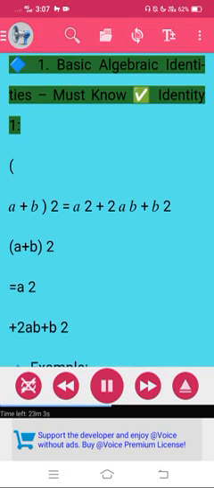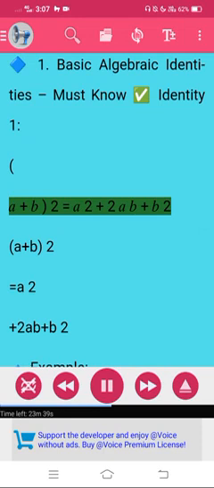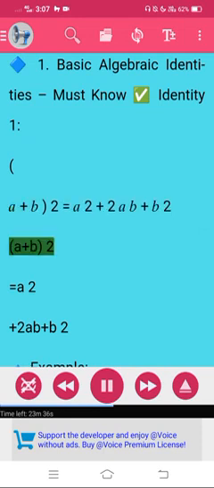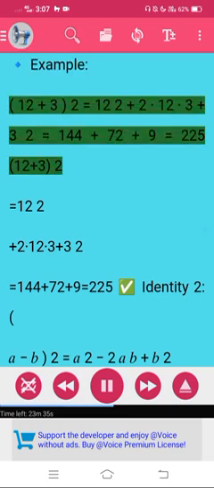Large diamond 1. Basic algebraic identities. Must know, check mark, identity 1. (a plus b) squared equals a squared plus 2ab plus b squared. Example: 12 plus